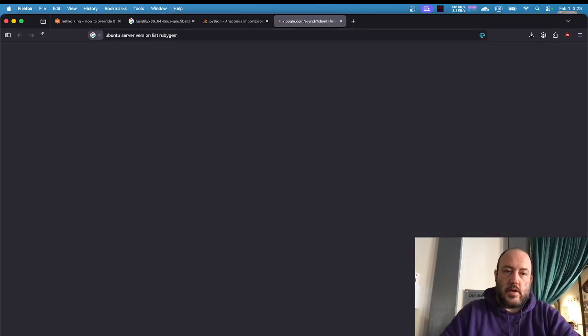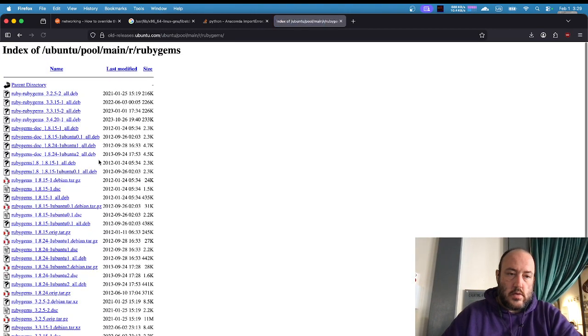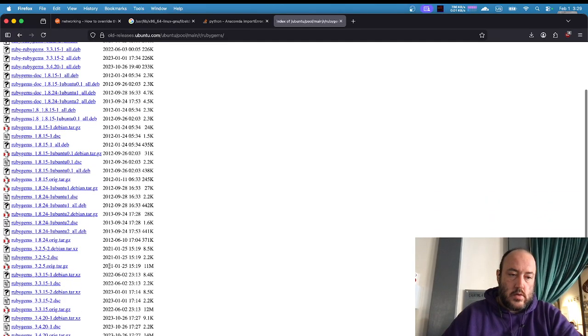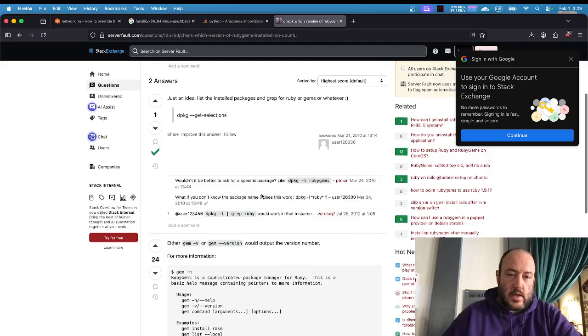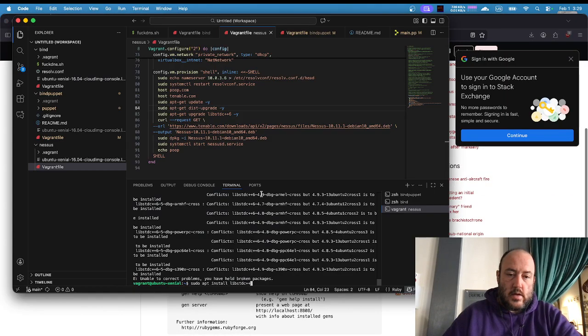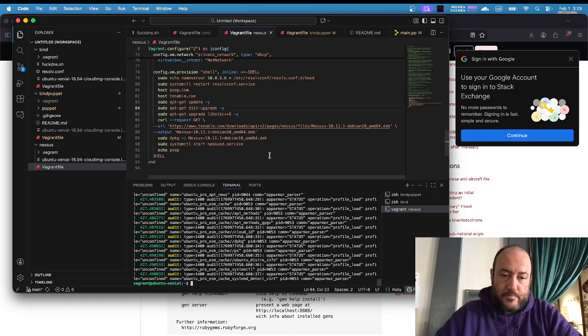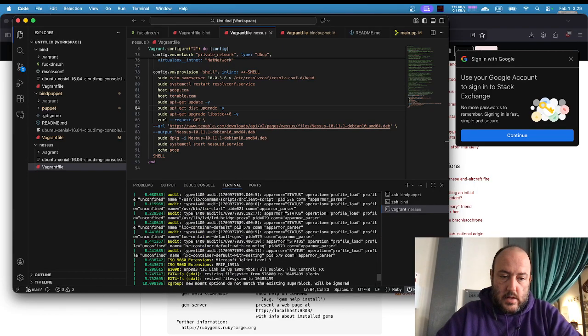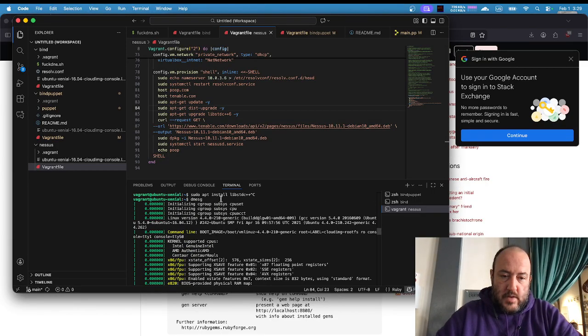Okay, dmesg says Linux version 4.4.0 generic, GCC 5.4.0, which is consistent with what we're seeing, and they are demanding